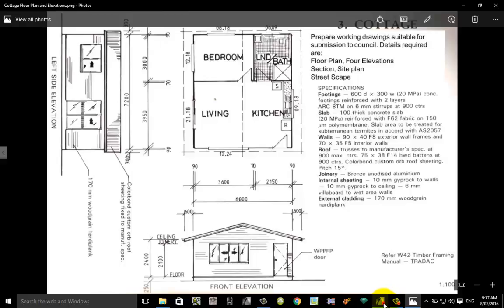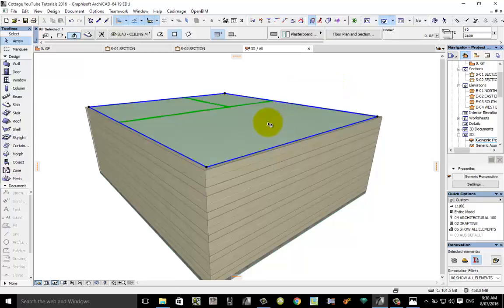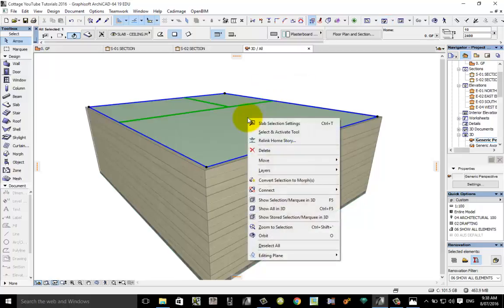Okay, let's go to Archicad, and we can see that we've got a problem in that we can't see inside of our actual object because we put that ceiling in there last lesson. So what we'll do is we're going to use a function here where we can turn these layers on and off. So I'm going to select the ceiling just by left clicking, and then right click, hold my cursor down,